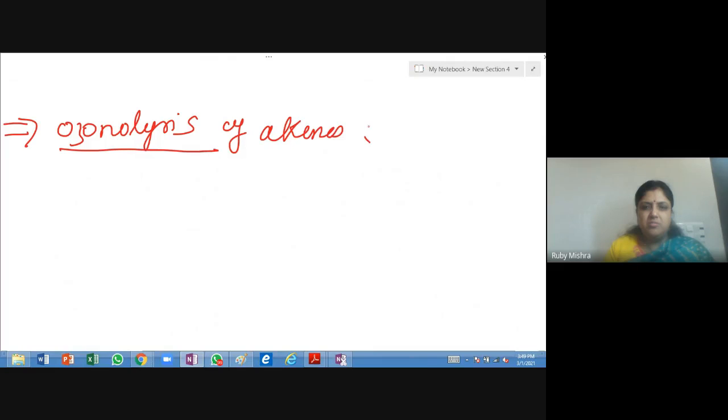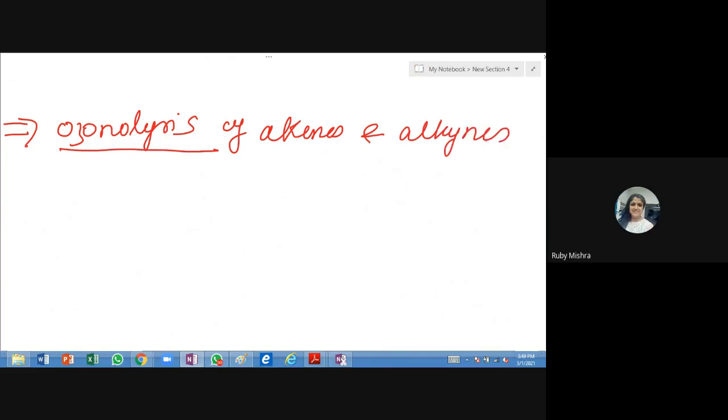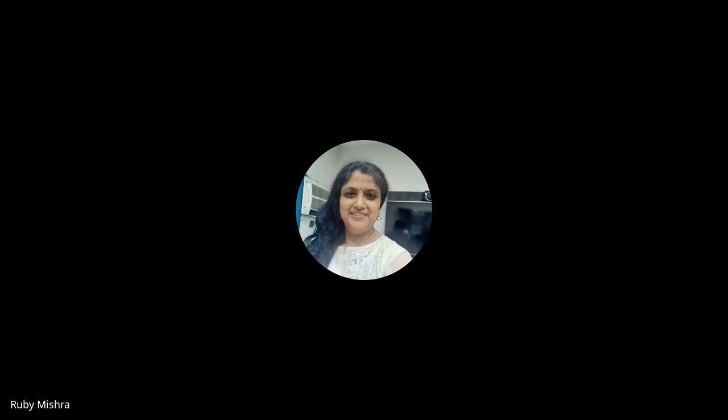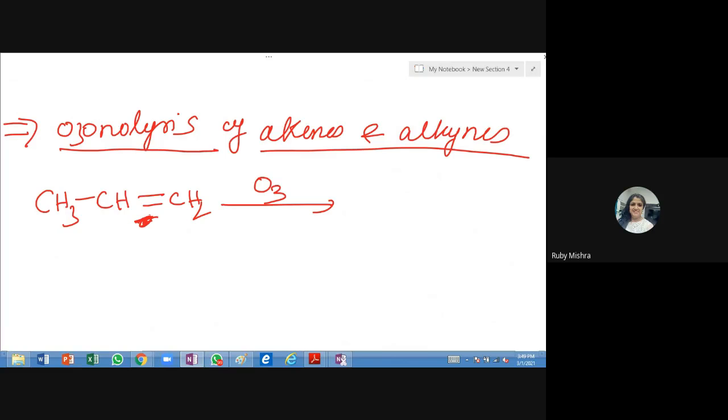Even we can take it as from alkynes also. Okay, so that is also one of the concepts. Now, if we take CH3, CH double bond CH2, and here ozone is to be reacted. By looking at this reaction, we can tell what kind of product we can get. Say, for example,